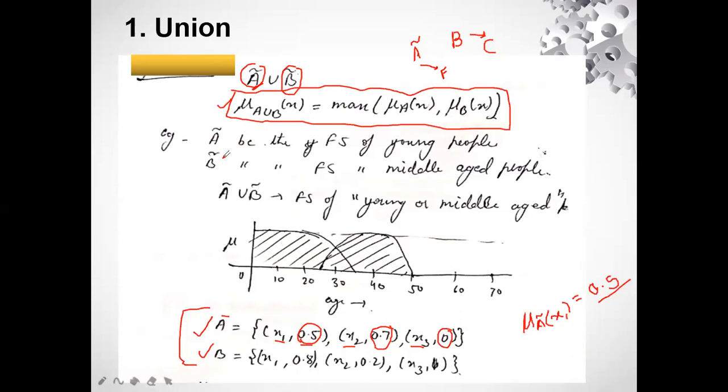Okay. Now see, we have taken an example. I'll just solve it also. A bar is a fuzzy set of young people and B bar is a fuzzy set of middle-aged people. When we do A union B, what we get, we have shown in a graph. As we draw the Venn diagram in crisp sets, here we are showing it in a graph, of ages 0 to 70. We have fuzzy set A of young people and fuzzy set B of middle-aged people. We have shown 0 to 35 as young age people and 25 to 50 as middle-aged people. So all this shaded part is coming under the union.